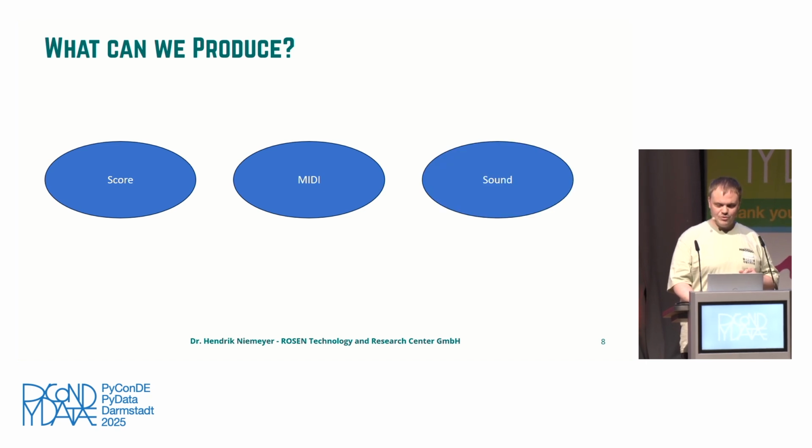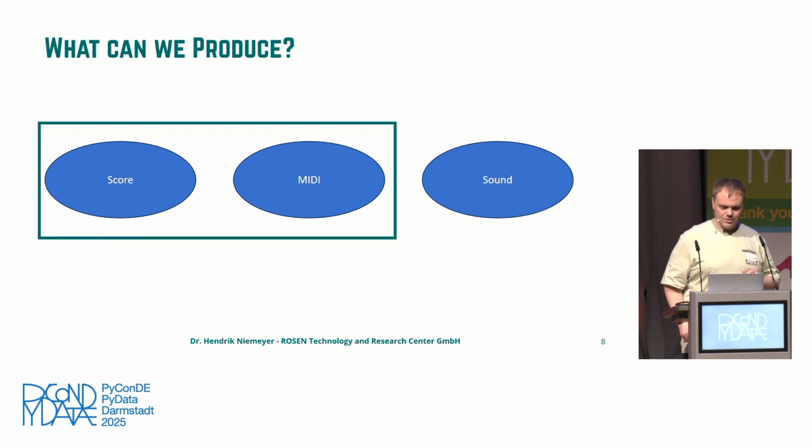Or we can produce actual sound, like for example with synthesizers. And this talk focuses on the first two parts. The Music 21 package we will look at is able to create a score, so musical notes, musical notation, which we can look up, print, and store as much as we like. It can also create MIDI files, which we then use to produce music. It itself cannot produce the actual music. We have to play the MIDI file on our PC or import it into music programs like digital audio workstations to actually generate sound.